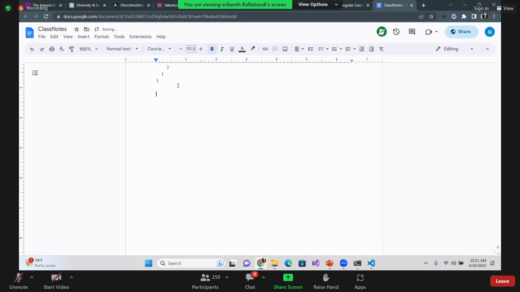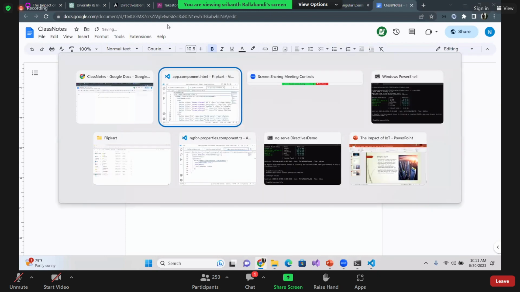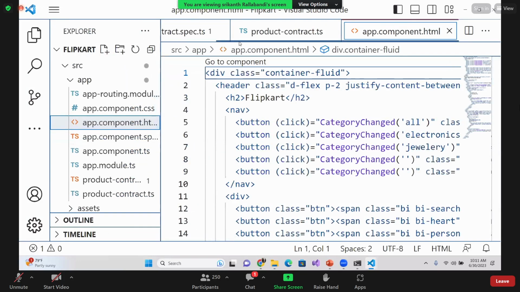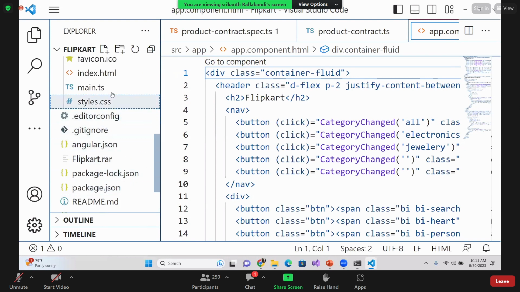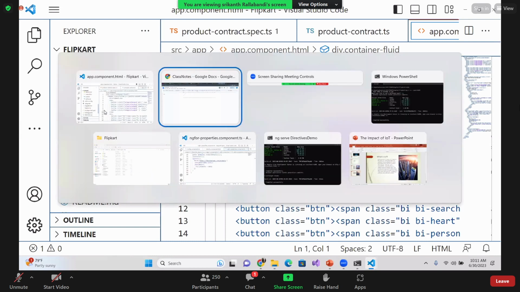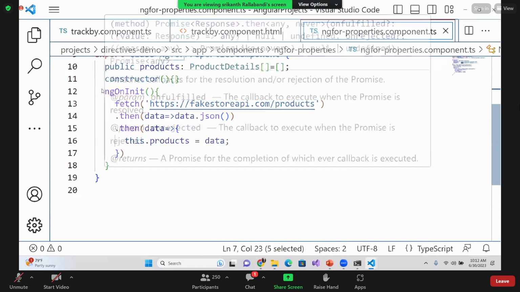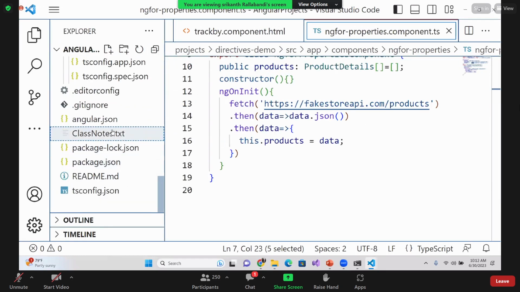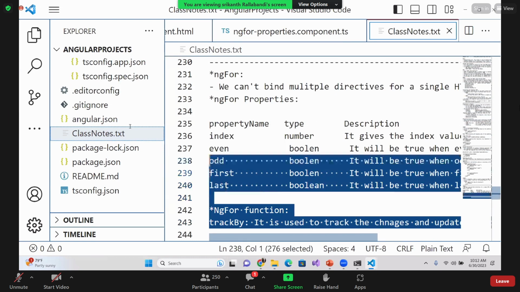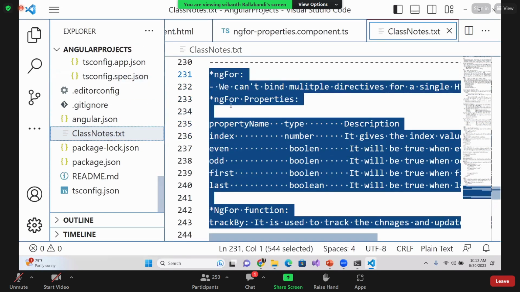Okay, so the things which are pending from my end, what are they? I guess we have the notes. Where is it? That's different. Okay, I'll just upload the notes,